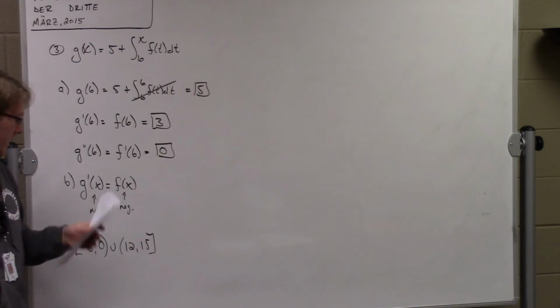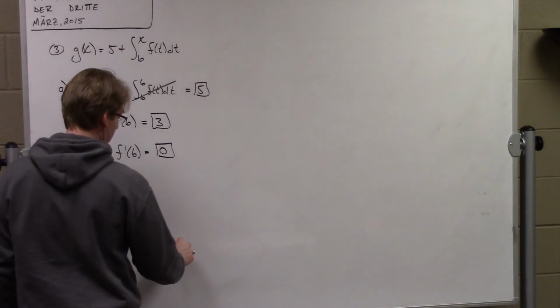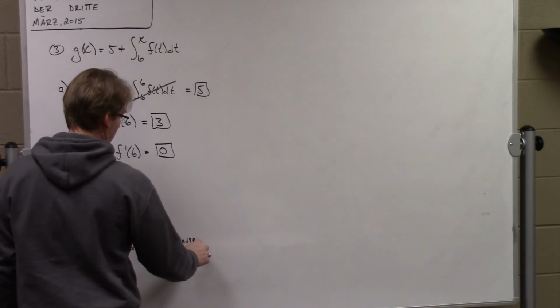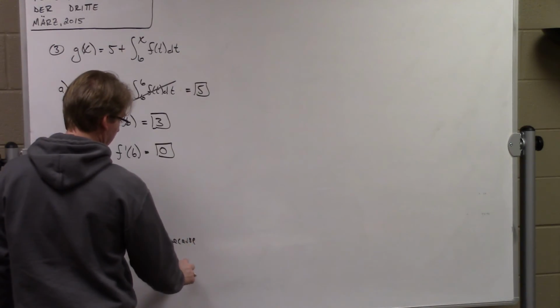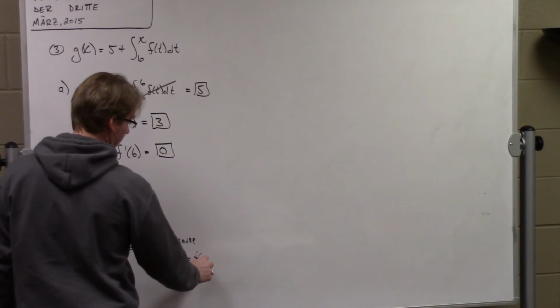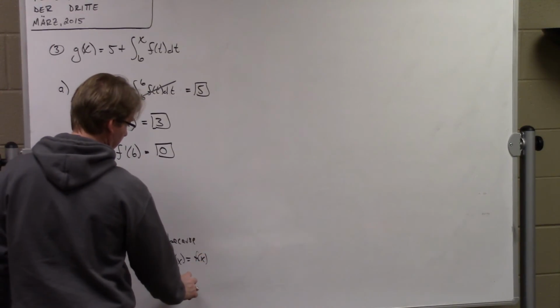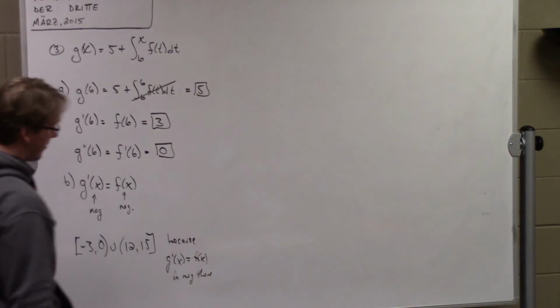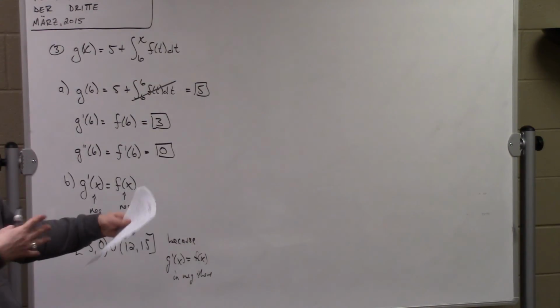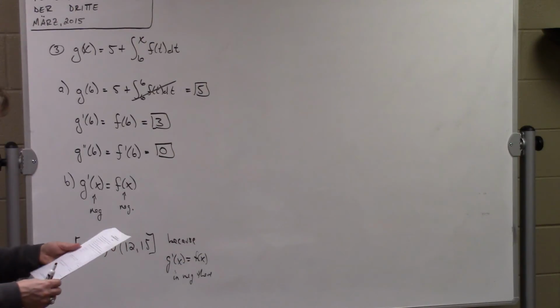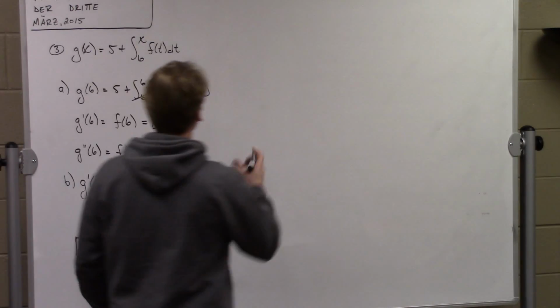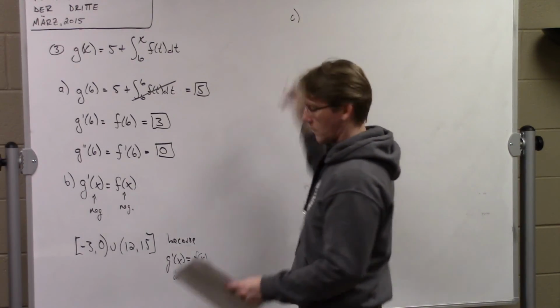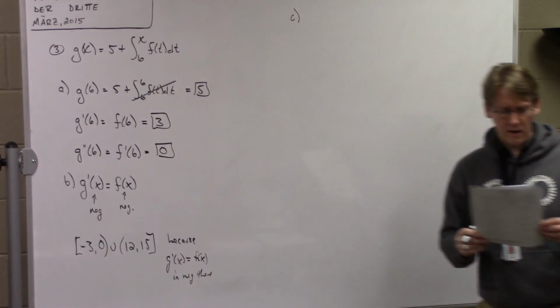Why? They said justify your answer because G prime of x or f of x is negative there. You don't need to say both. It's kind of nice if you do, because it shows the tie-in, the connection between the two. All right, C. Almost done. On what intervals is the graph of